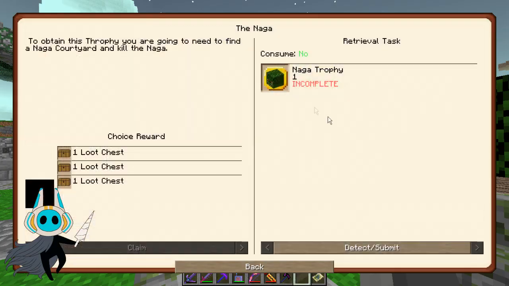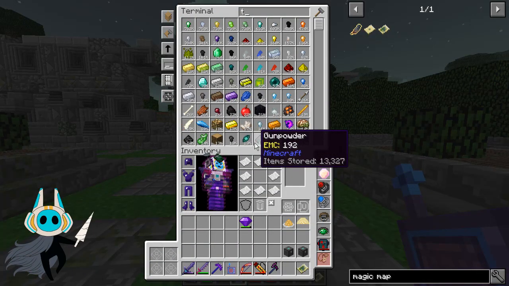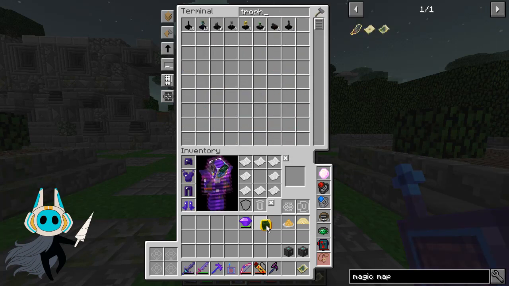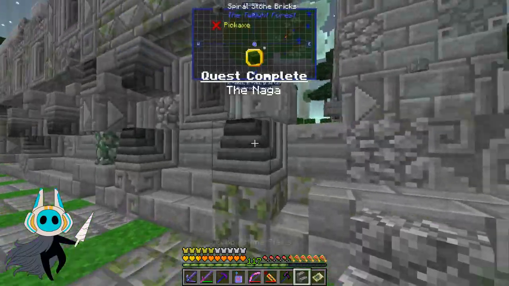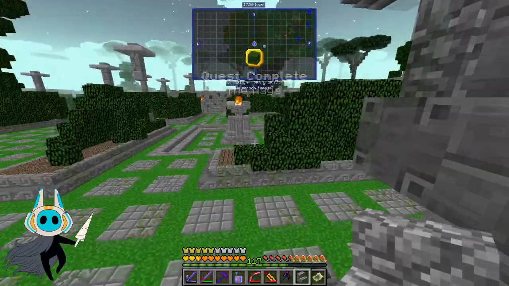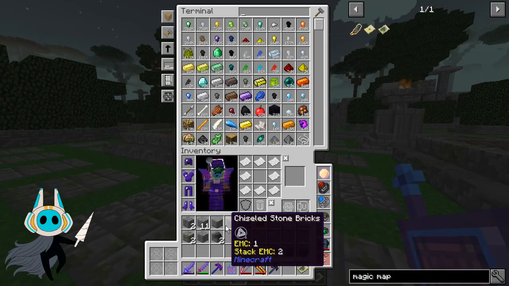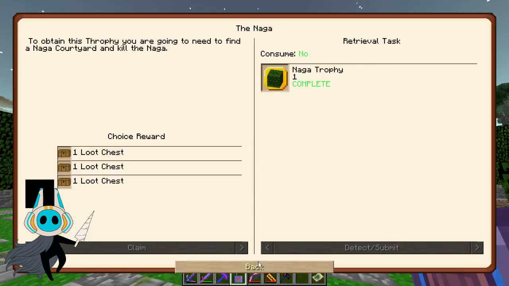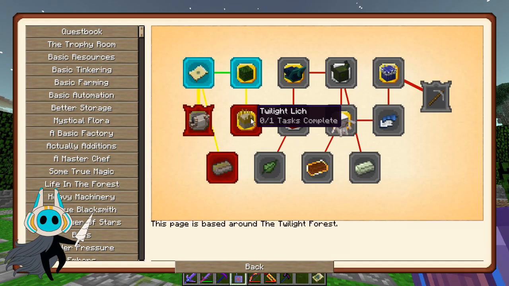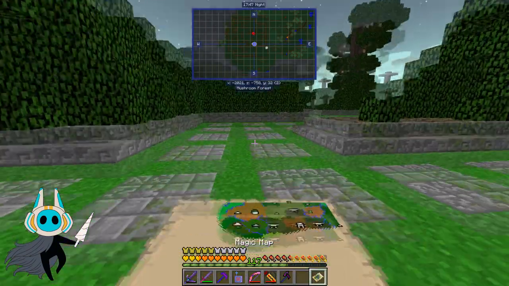So the Naga trophy. Okay, let's just pick up everything that he destroyed and put it away in here. Not that I want any of it, but still, it's fine. So that's the Naga trophy done. The next thing we need to do is find a Lich Tower, a questing ram, some ironwood. Shouldn't be too hard. If we look on here,